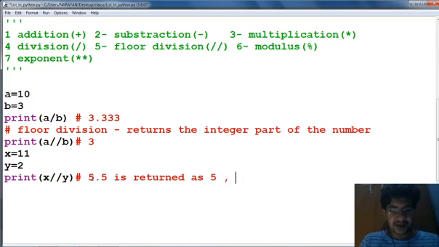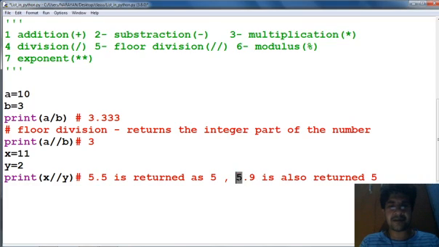Similarly, if 5.7 or 5.9 is also returned, it returns 5 using the floor division function, because when we use the floor division method, this will return the integer part of that number, and this is not going to round up the number.